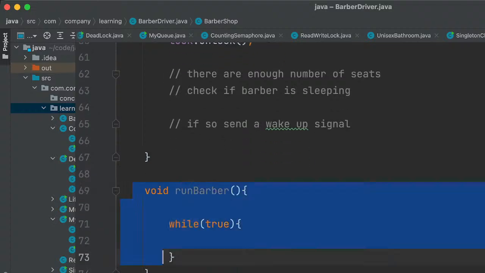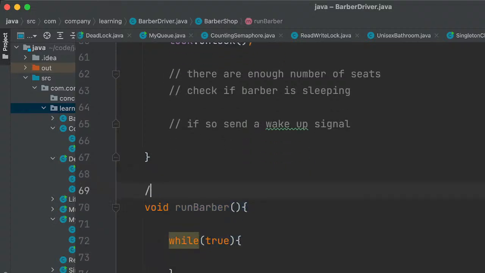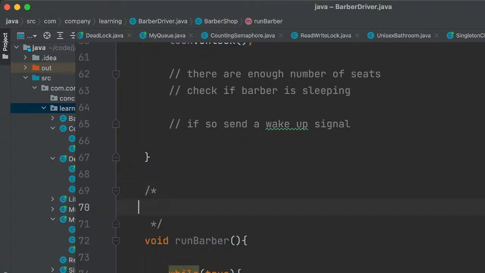So this block of code will be run by the barber thread.